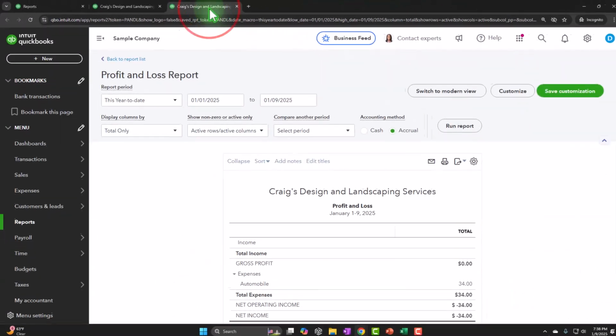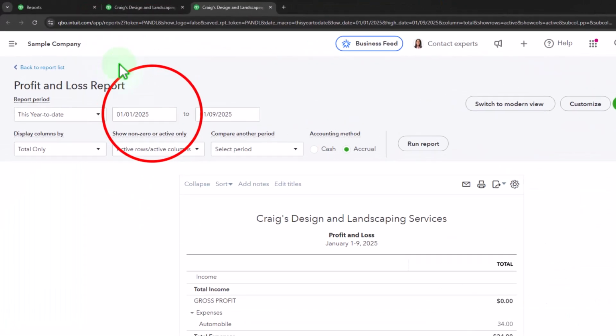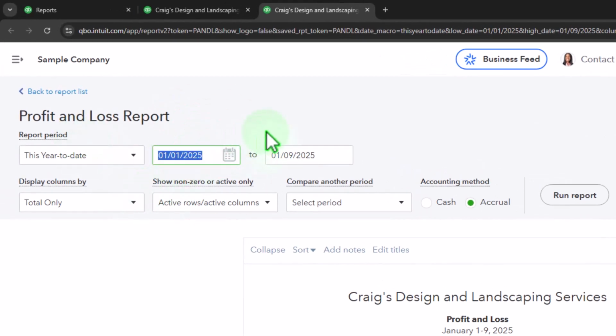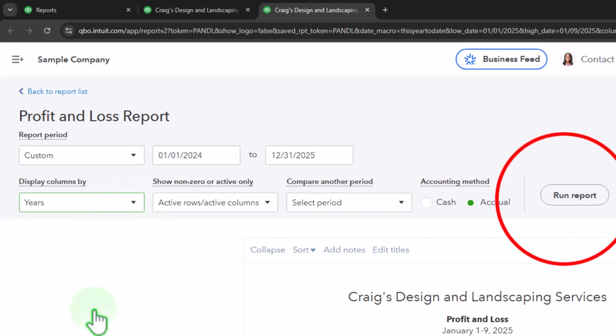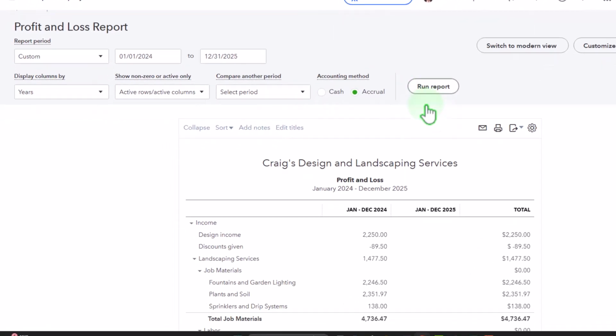Let's tab to the right, do it one more time, put that top bun on the hamburger, close that hamburger, dang it, close the hamburger. 01/01/24 tab, 12/31/25. The patty's getting cold. Put that top bun on there. We're going to go and see it on years, run it to refresh it,